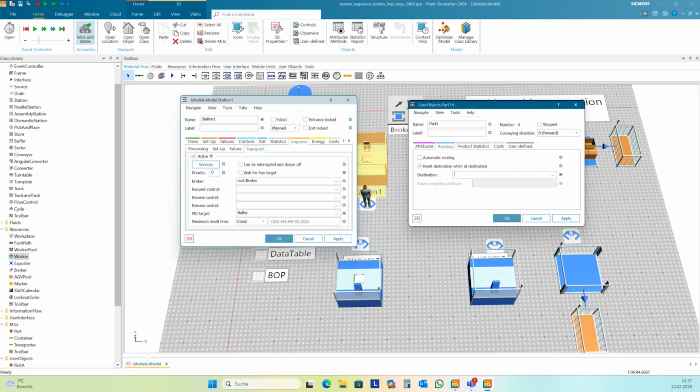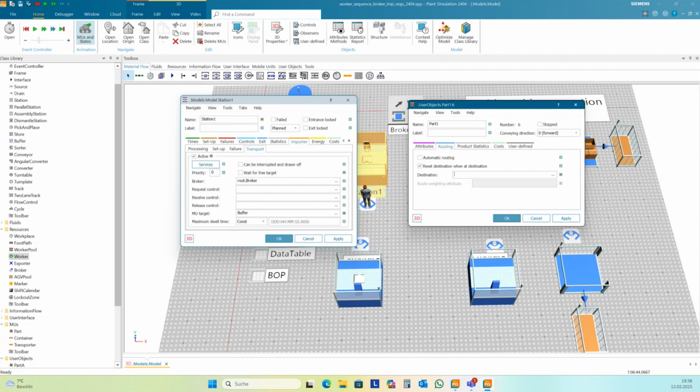If you have ever seen one of my presentations, then I have shown a lot of examples from body in white production lines, and I have done by myself body in white lines with more than 300 robots, and this is quite complex. But there are so many complex models out there. So I don't know the most complex application of Tecnomatix. I don't find until now a limit for this.